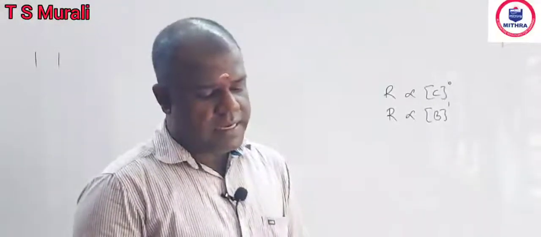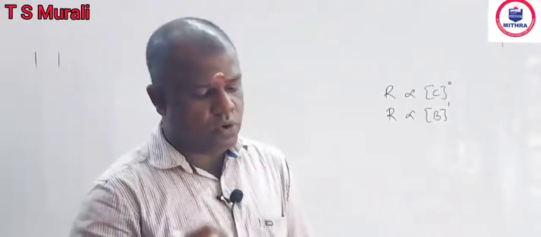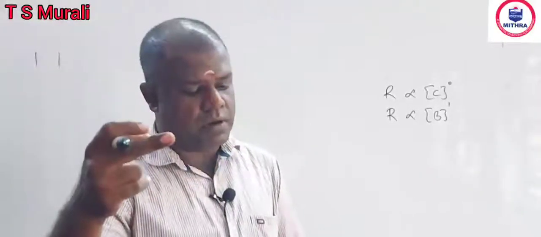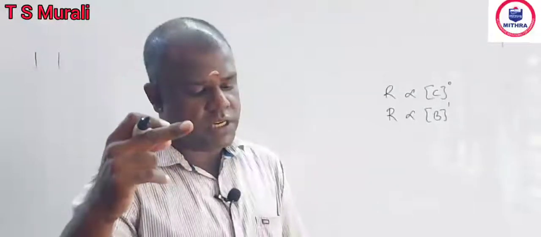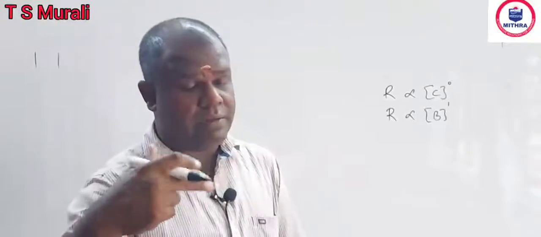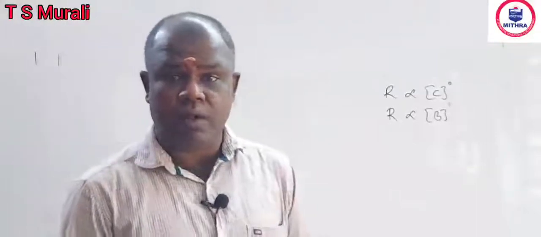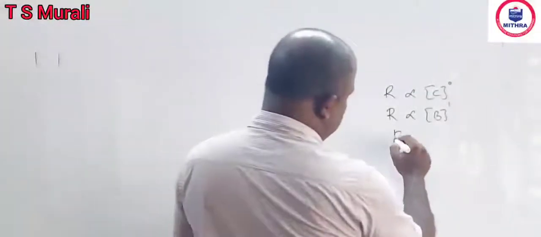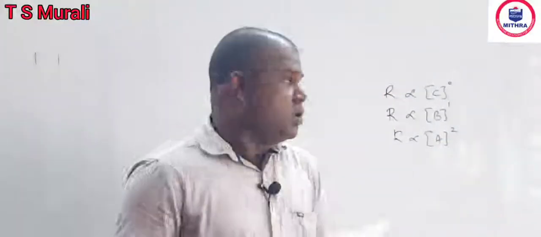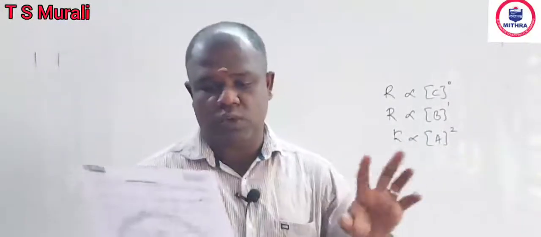Now, I am taking second set and fourth set, and I am moving from fourth to second. Concentration of A becomes double. B kept constant, C is not a factor. So, B kept constant, A double, but rate becomes 4 times. 1.25 becomes 5, means 4 times. So, concentration of A doubled, but the rate becomes 4 times, means rate is proportional to A to the power 2. Agree? Overall order is 3. Order of the reaction with respect to A is 2, with respect to B is 1, and with respect to C is 0. So, that is the right option.